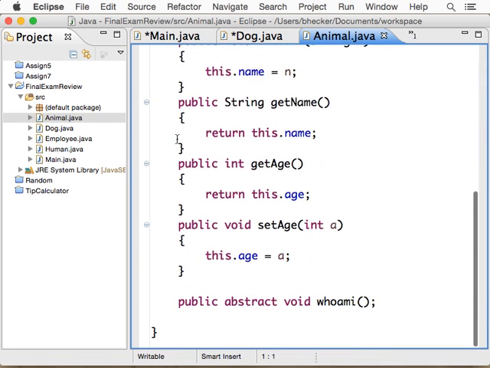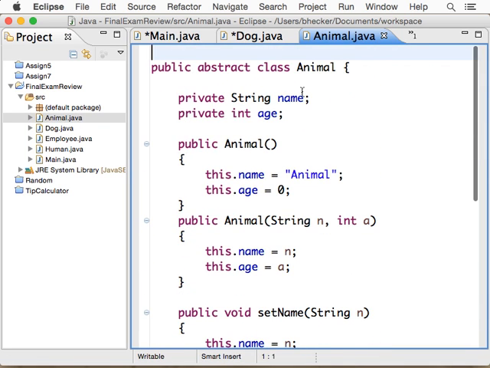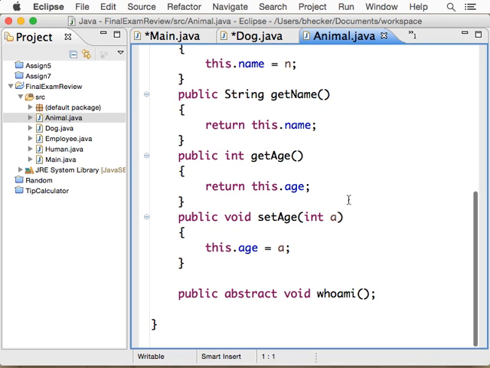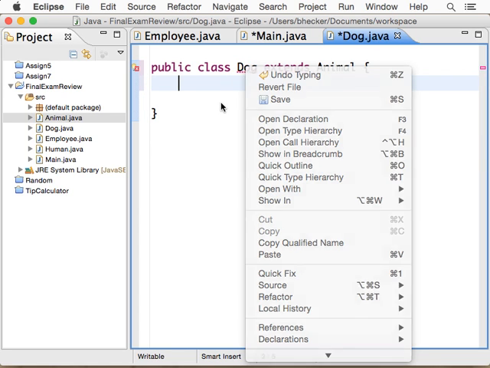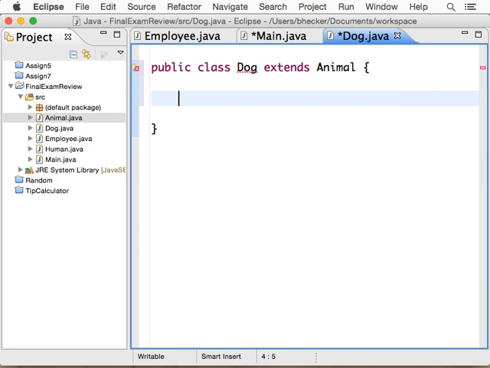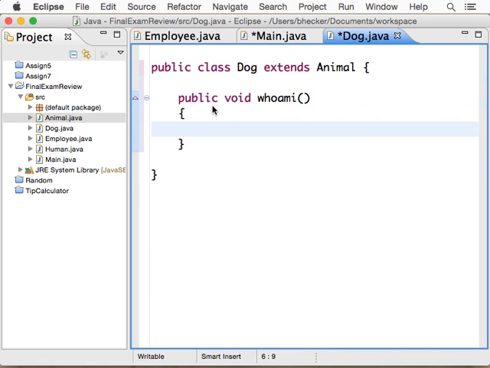Animal has the name and the age and everything, but it has this abstract method, who am I? Well, so I'm going to put it in dog. If I hover my mouse over, I can save myself some typing, but let me just put it in manually so you can see what I'm talking about. Just write the method. Public void who am I. Now I've satisfied the requirement. Now I'm going to have it do something. System out print line, I'm a dog